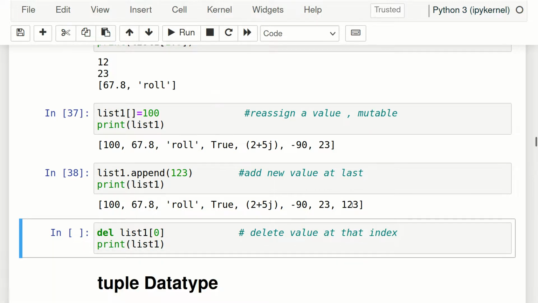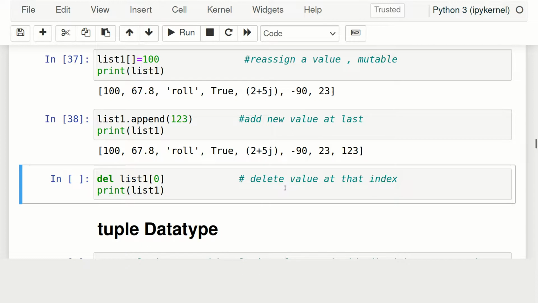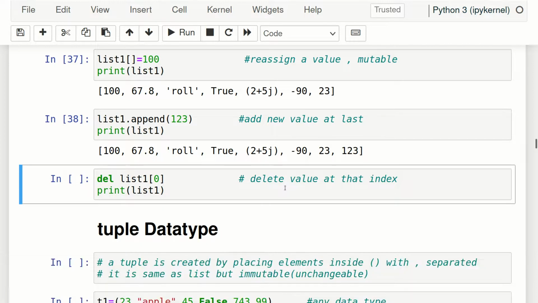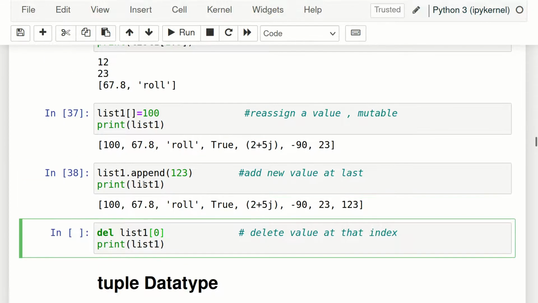Now we also want to delete, meaning sometimes we want to delete a value at a certain index. For that we just write del, then the name of the list, which is list1, and then the index we want to delete. Suppose I want to delete the 0th index. Now what is at the 0th index? 100 is there.